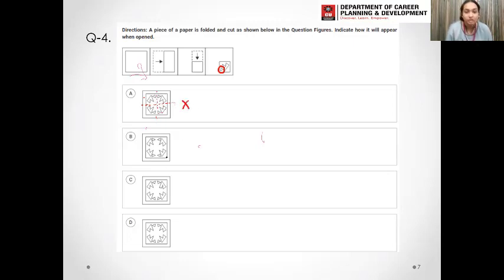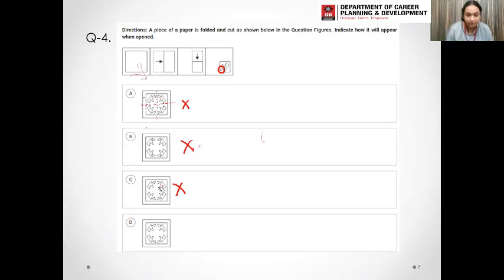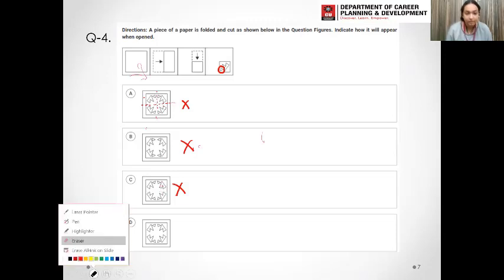So this is rejected. And if I check this one, one corner should touch this diagram, but it's not touching it. So this is also wrong. If I talk about this question, see, we have all the points pointed, but this point is not pointed. It's blunt. So this is wrong. Let me erase it so that you can easily see.